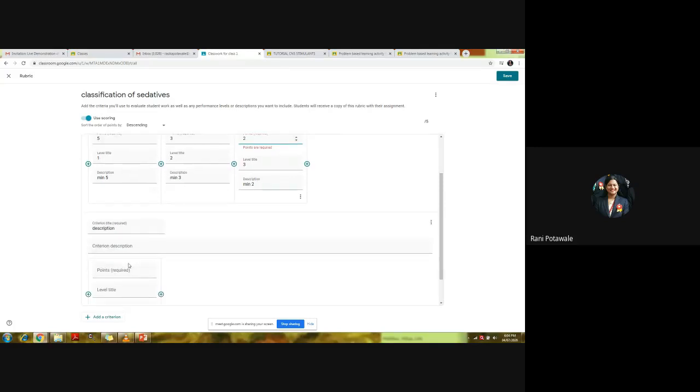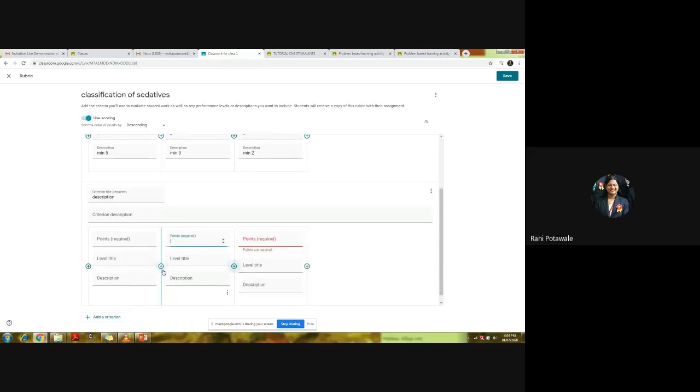In the second criterion, description, we can again create the levels. In total, we can create 9 different levels for each criterion. Say level 1, level 2, and level 3. Level 1 is advanced, and the maximum marks I'm going to allot is 5 marks if there is an excellent explanation by the student.